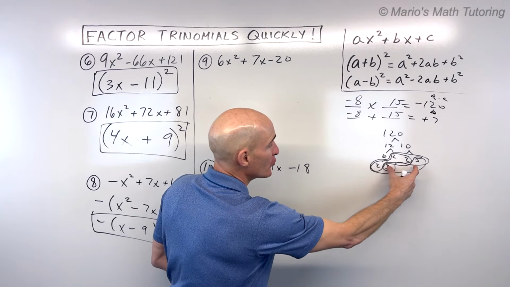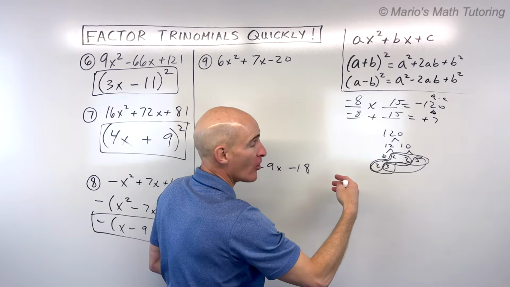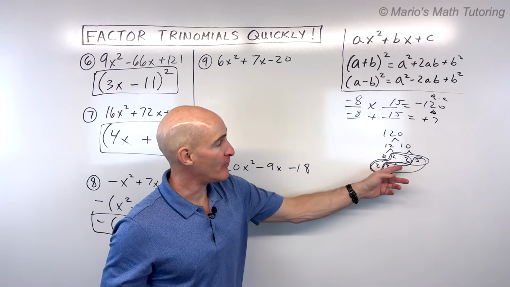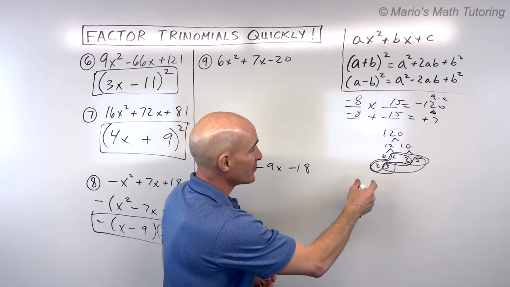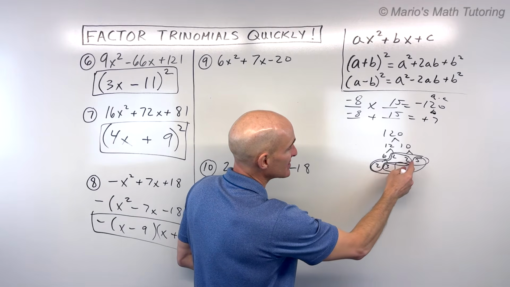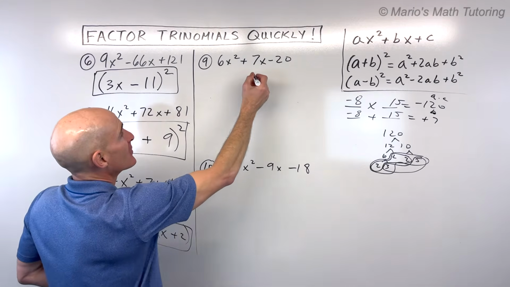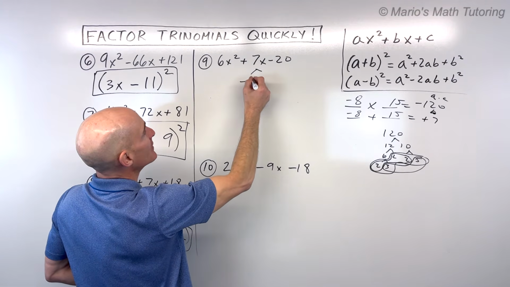You just try to make two groups, okay, because obviously all the numbers are going to multiply to 120. That's how we got to this prime factorization. But by breaking up into two groups, you can go through the different combinations. Like I could have done 6 and 20, you know, so you just make two groups. Okay, so that's another technique. Let's split that middle term now. So negative 8x